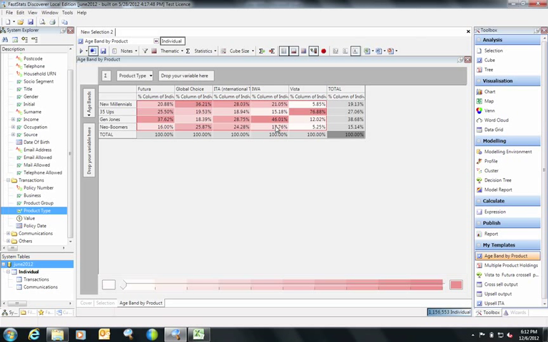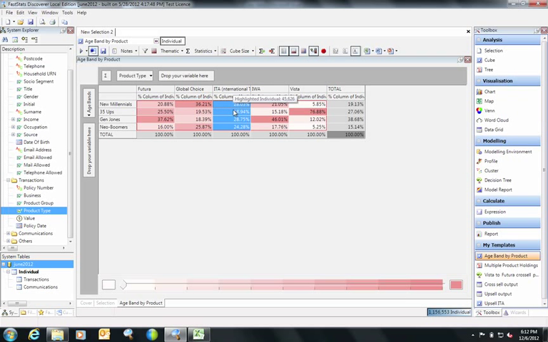So here I can see that for my AWA product, I've got 46% of my customers in my Gen Jones age segment, compared to 76% of my 35 ups in my Vista product. And this gives me a very simple initial view of how my different products are appealing to different customer groups. I can drag and drop onto this a range of different criteria, and I can iterate through lots of analysis this way. But what I'm going to do is I'm actually interested in this product here,